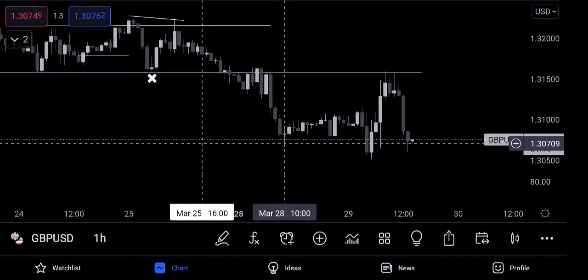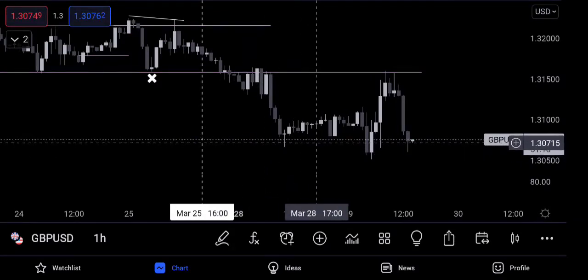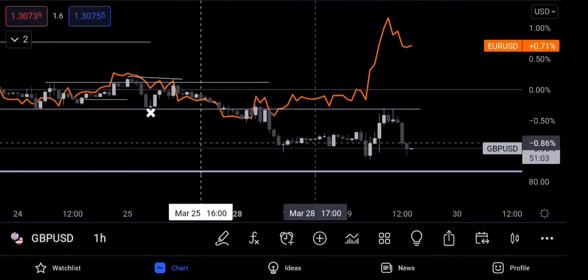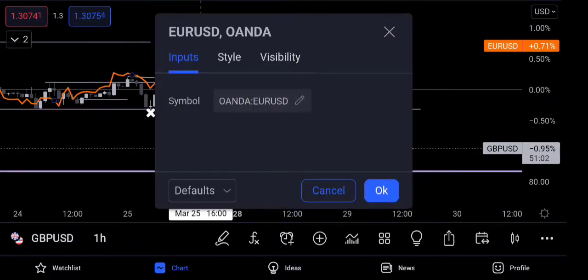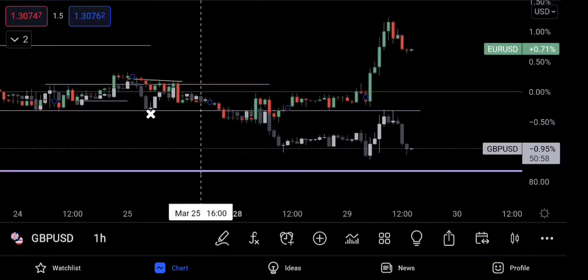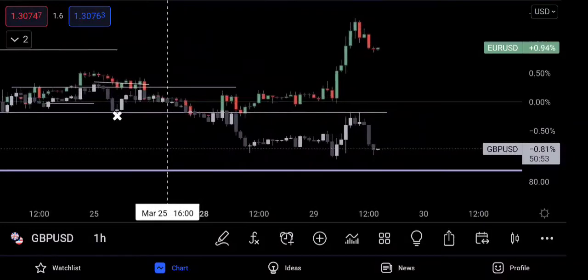So the point is to say that, okay, and then when you go to Great Britain pound USD, what happened here? The low of this got taken out. So that is a divergence. If we would have compared this, right, Euro USD, and we would have compared this, let's change the style to candles. So if we would have compared this, around that same time that